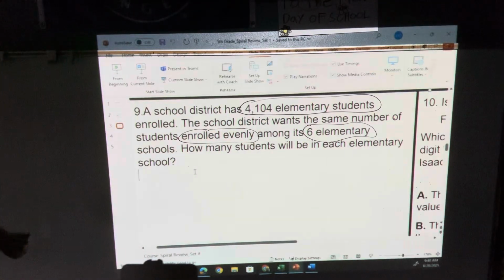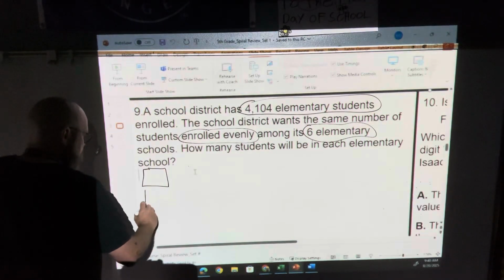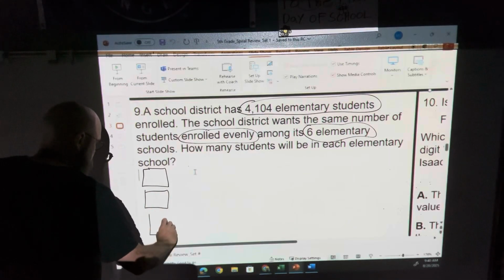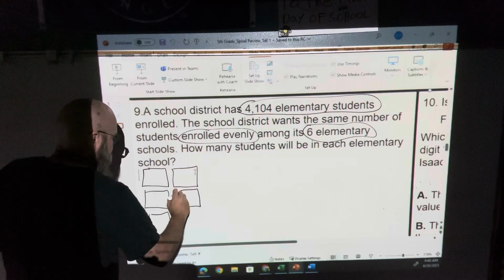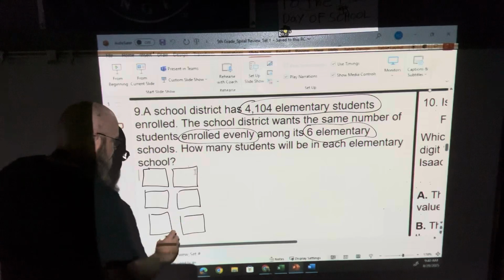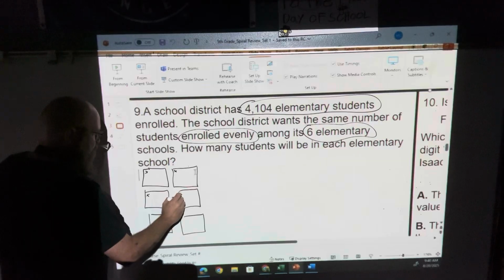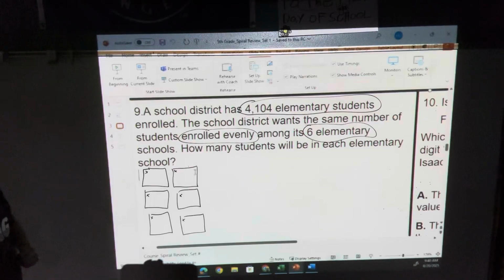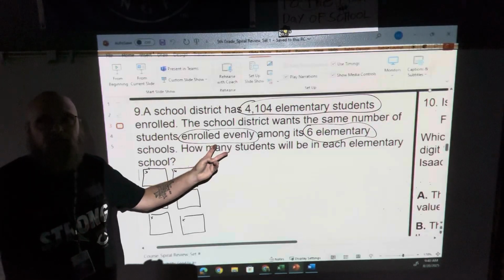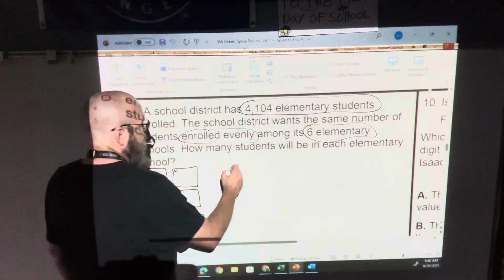So there's different ways I could do this. I could do 1 school, 2 schools, 3, 4, 5, 6, and then I could just put the students in one at a time until I have a total of 4,104 students. That seems like a lot of work and a lot of time. Since I'm putting them evenly into groups, that means I'm going to be dividing. So if I take